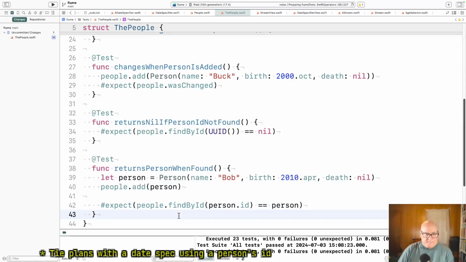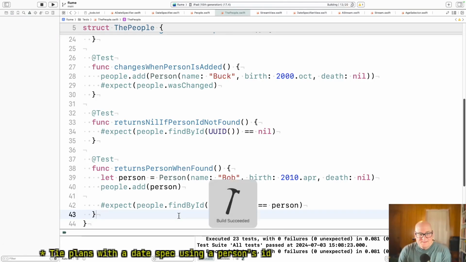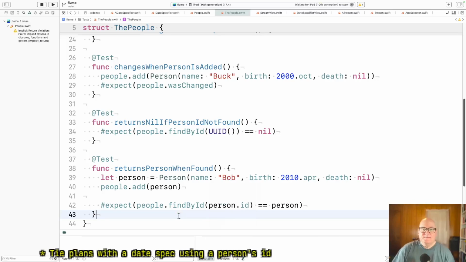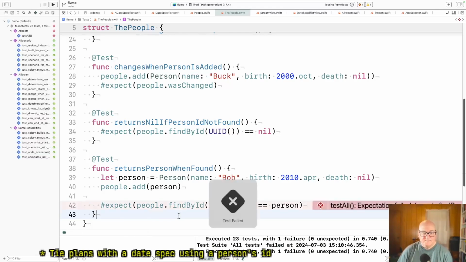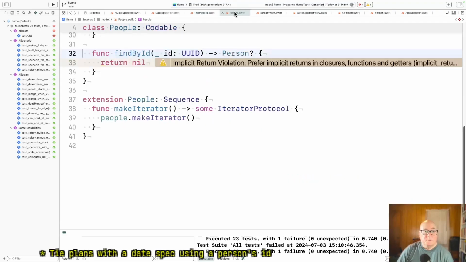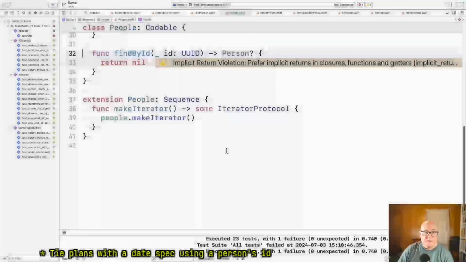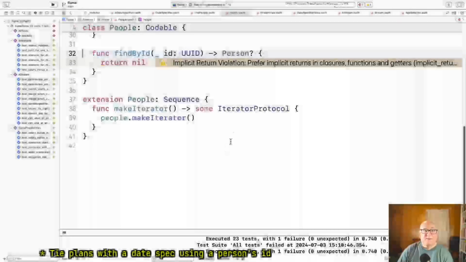And this should certainly fail. Good. And people. Yeah, I know it failed 10 minutes ago.